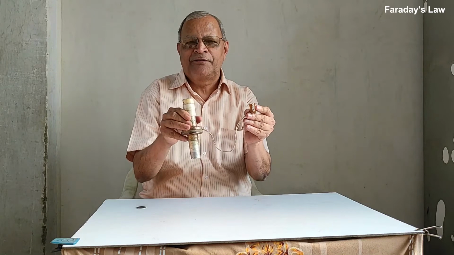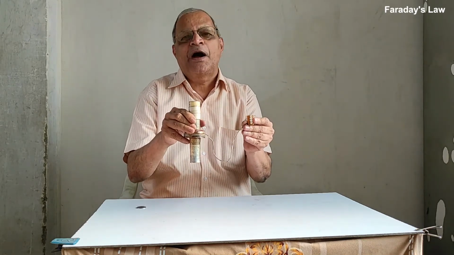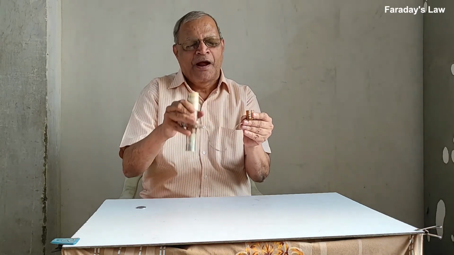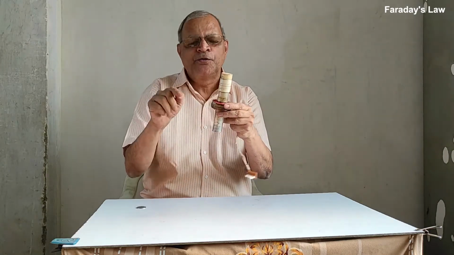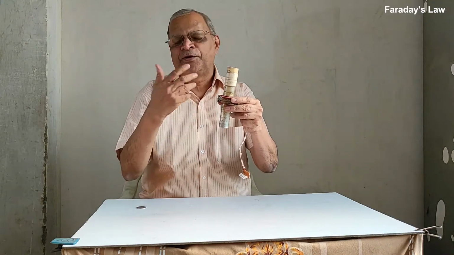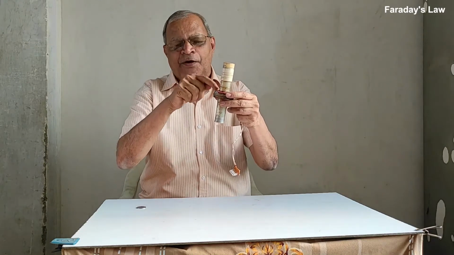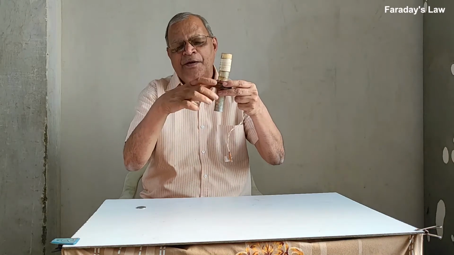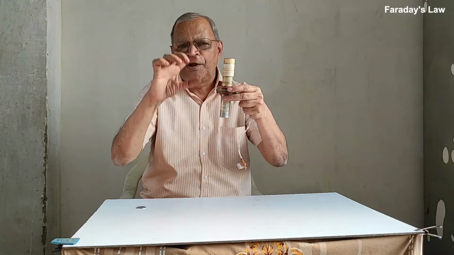It is nothing but Faraday's law of electromagnetic induction. When I make this fast movement, I am getting current generated, and that gives a flash in the LED, and that is E equals minus d phi by dt, the rate of change of magnetic flux with respect to time. But for that you require a strong magnet inside this coil. I have a very strong magnet kept inside this cylinder, and it is floating in air. In the cylinder it is floating in air.